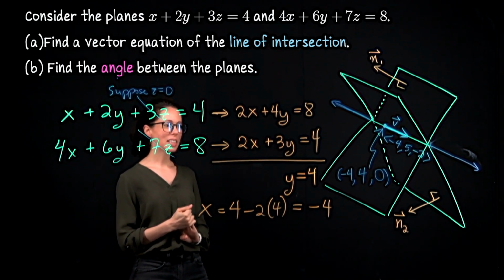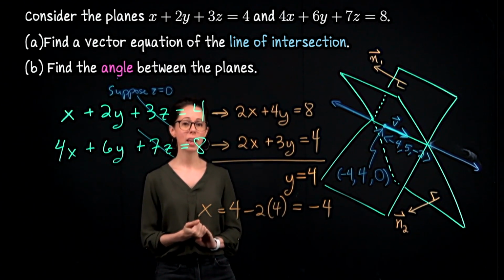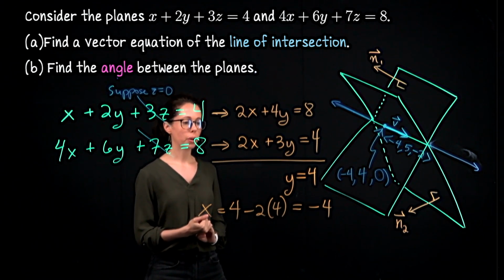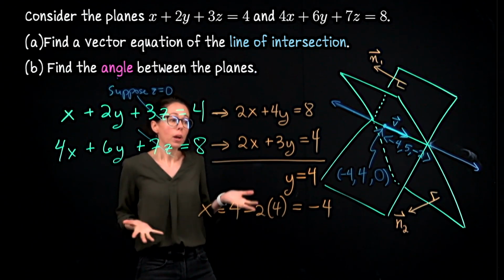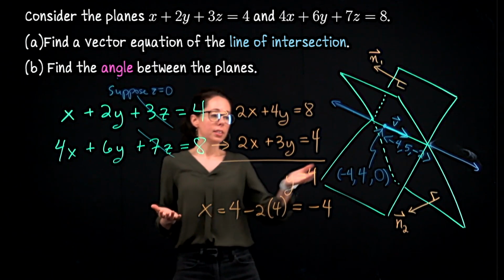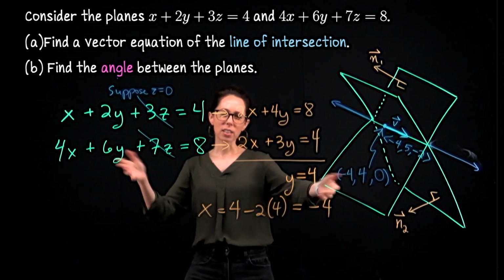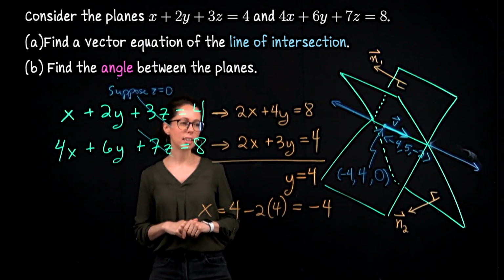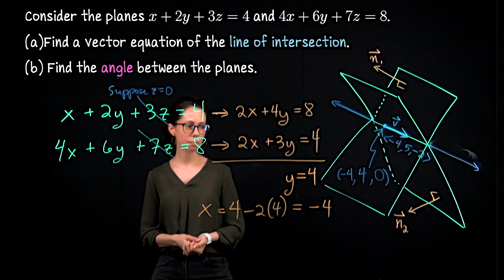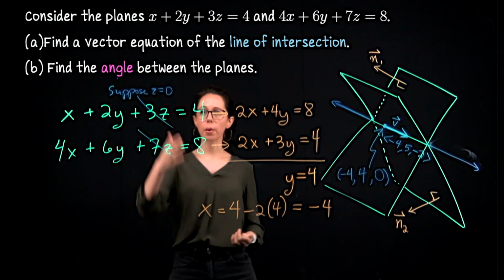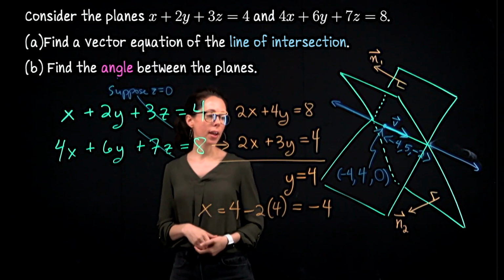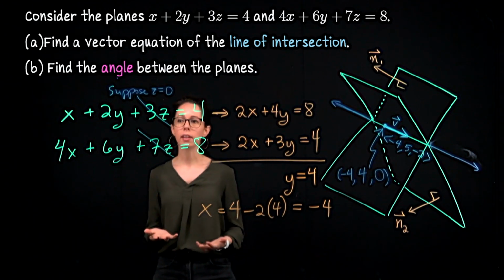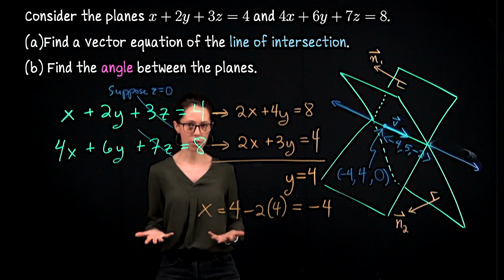All right, let's take another moment here to pause. What you can do, if you want to, is zero out the y-coordinate instead, or zero out the x-coordinate instead, and see if you can repeat this kind of process. Or you could say, suppose z equals 1. Try to find a point that has a z-coordinate of 1. You'll end up again with a system of 2 equations for 2 unknowns.